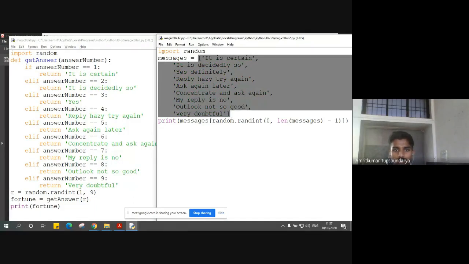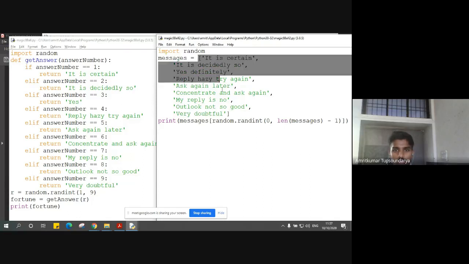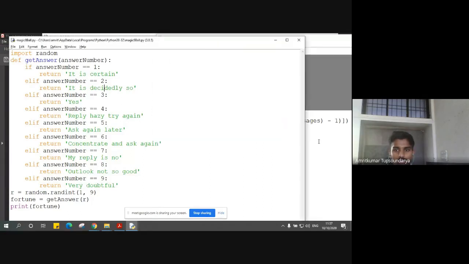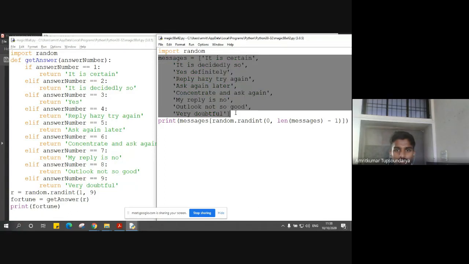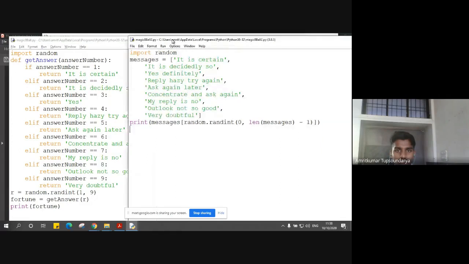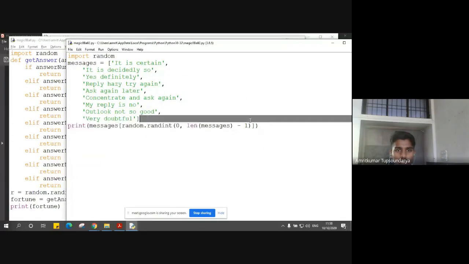I have created a list called messages. Inside that I have put all the messages, these messages which are in green. So you can clearly make out which code is where in this new code, right? In order to make use of the randint function, this is actually a function inside the module random. If I want to make use of the randint function provided by the module random, I have to import the module random. So I'm importing the random module, and I am defining the list, and ultimately what I'm going to do is print that message.